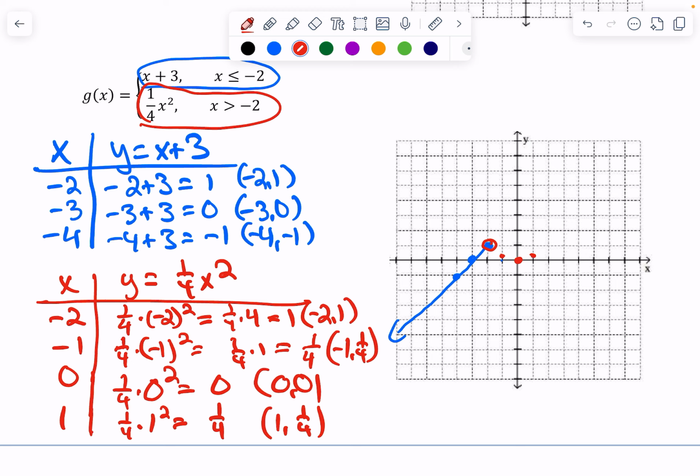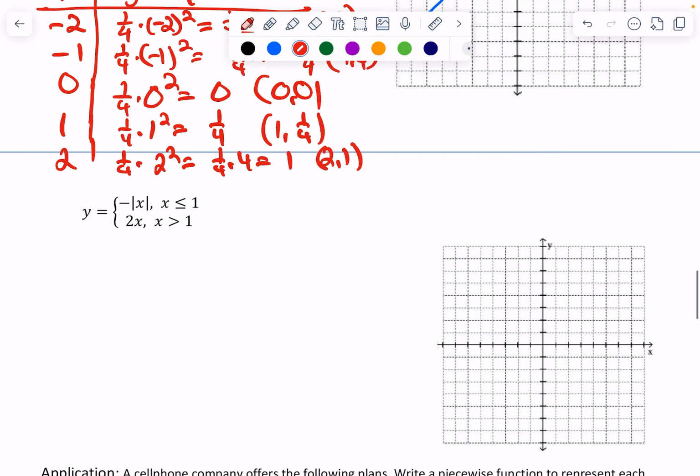If we do one more where we do 2, it would be 1/4 times 2 squared, which is 1/4 times 4, which is 1. So it's the point 2, 1, and here we go. What this looks like is it starts going up here and goes up like this. So x is greater than -2 is the quadratic, and x is less than or equal to -2 is the linear. Okay, moving on to the next